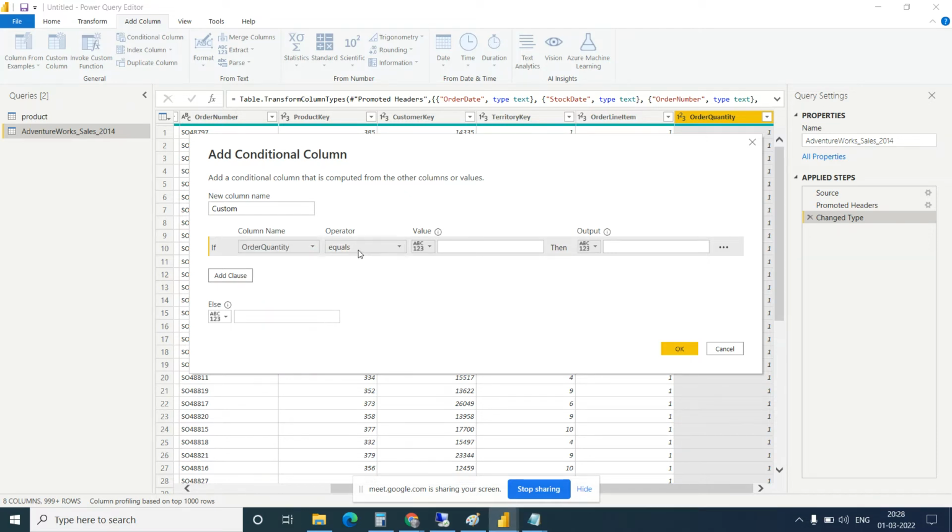Order quantity, okay, greater than or equal to. We have to make the hierarchy, no? Then we will take the highest first, correct? Yes, yes. Then 3, value 3. I don't think we need to add the 3. Actually, we are showing only single or multiple, only 2 values. Okay, then 1, more than 1. Okay.